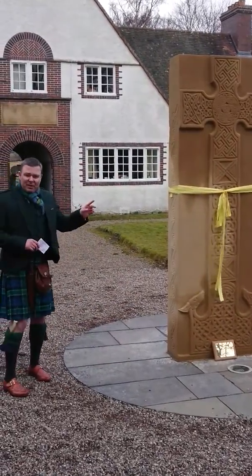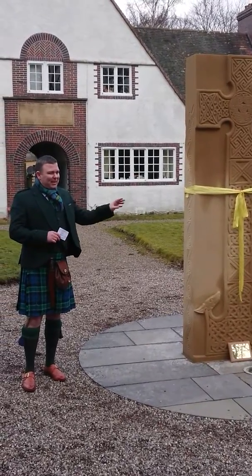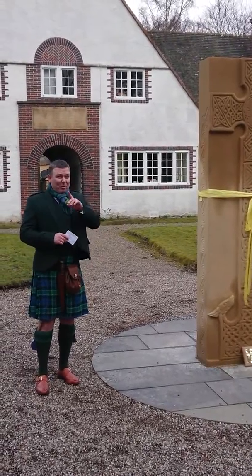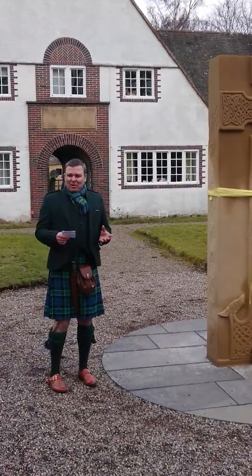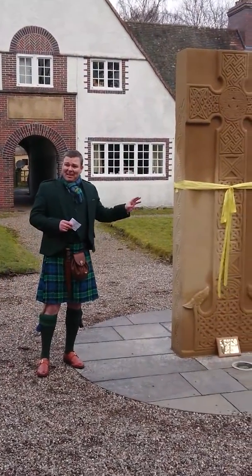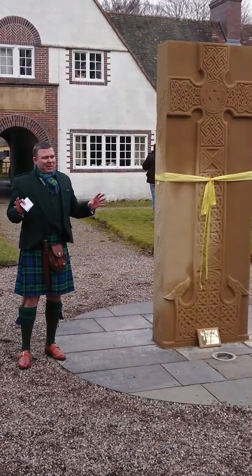The stone itself is in the style of a Pictish cross slab. So on this side we've got a very Pictish cross, and the astute amongst you, if you see the fragments in the church across the way, which is open today if you want to have a look, we took some elements from each of those fragments and incorporated them into the design of the cross, and also some elements from Iona, because the story of this stone is about Kenneth MacAlpin and how important this place was